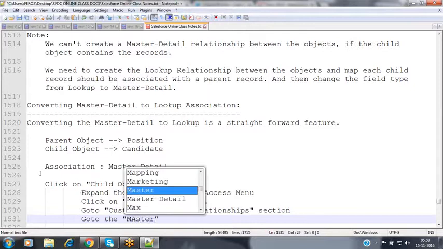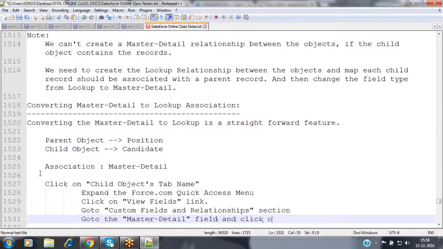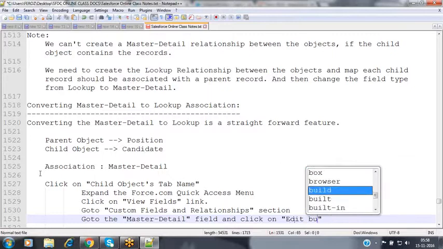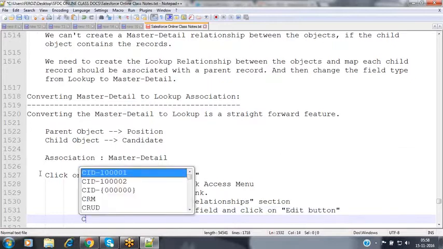Go to the master detail field and click on the edit button.